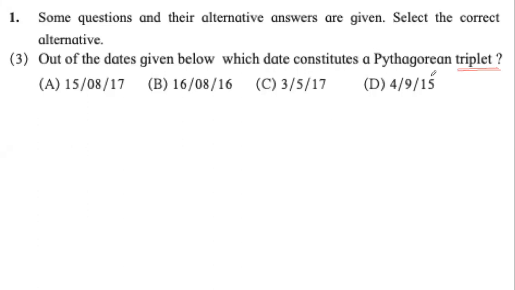That's all. And it will be extremely easy if we know the squares: 15 square is 225, 9 square is 81, 4 square is 16, 17 square is 289, 5 square is 25, 3 square is 9, 16 square is 256, 8 square is 64, 16 square is 256, 17 square is 289, 8 square is 64, 15 square is 225.